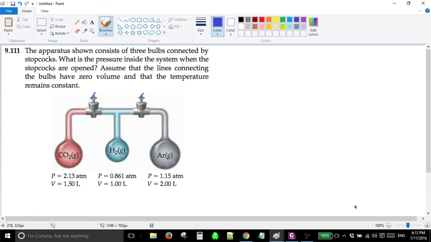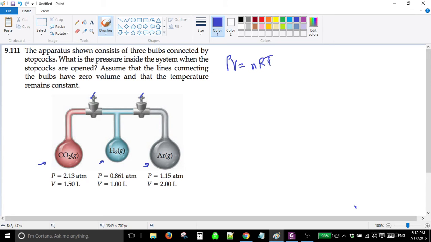I need to know, to solve this problem, how many moles are in here, in here. Then I'll add up all the moles and get the moles of this divided by total moles. In other words, the mole fractions. I need to know the mole fractions, because these volumes are all different and the pressures are different. With these two different variables for all of them, I can't just add up the pressures to find the total pressure. So